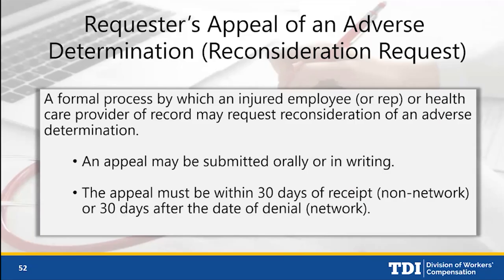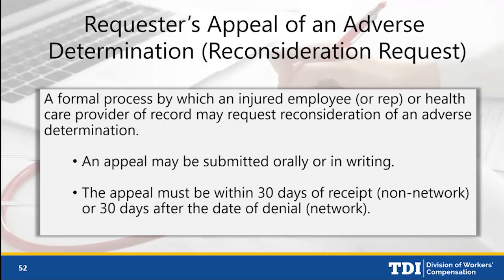This is a formal process where either the injured employee or the healthcare provider may request reconsideration of the adverse determination. Some healthcare providers at this point just want to turn it over to the injured employee. We don't suggest that because the injured employee is going to be looking to you for justification, or maybe if they have the Office of Injured Employee Counsel, that's a separate state agency that assists unrepresented injured employees. They're just going to come right back to you asking for medical necessity information. But they can start the appeal process.